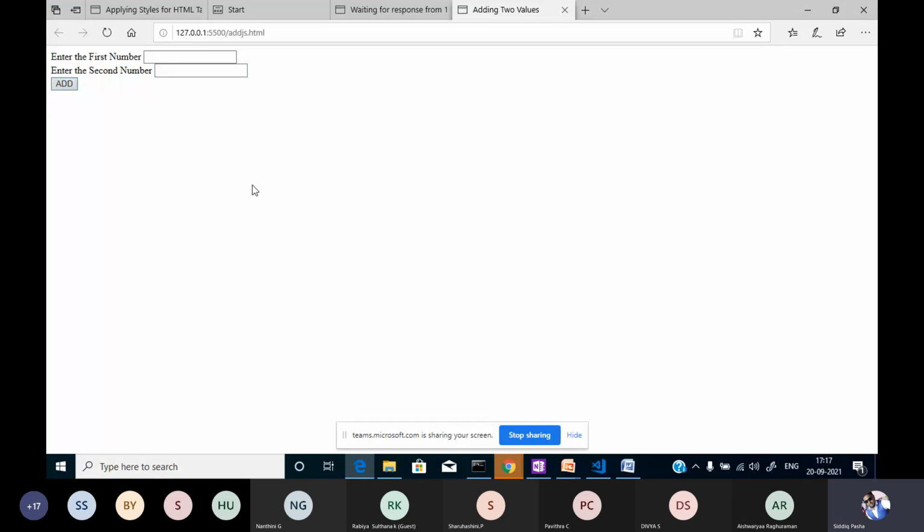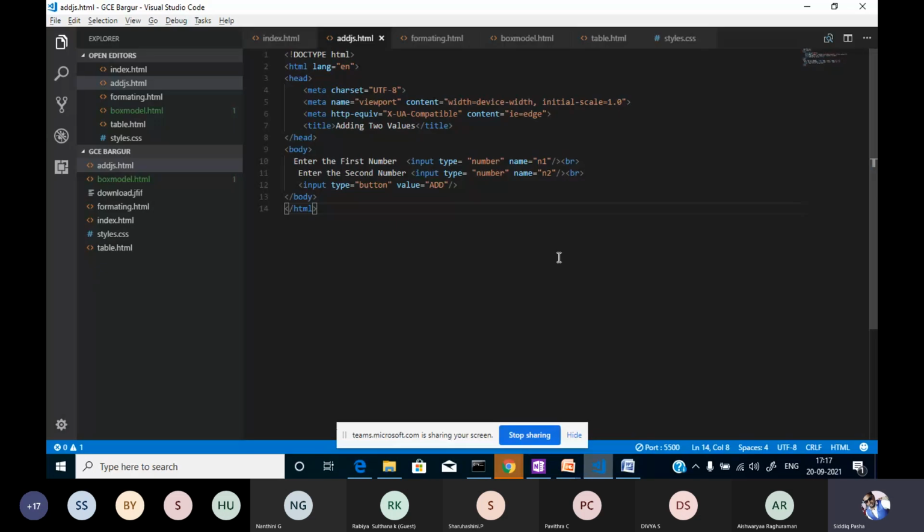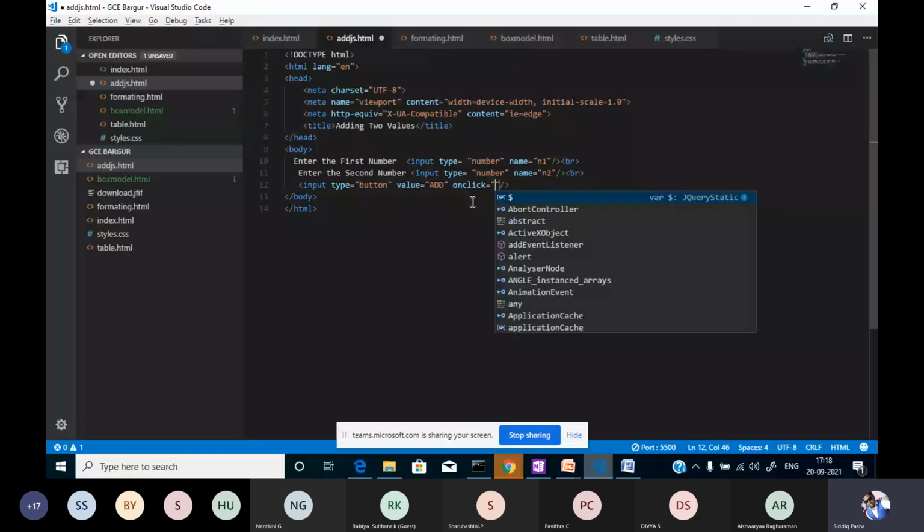So what do I need to do? Please, anyone having any ideas what I need to do? Yes. Create an onclick tag. Yes, please. On click. Fine, thanks. So I am using the onclick event here. On click, on double click, we have several options. I have used onclick here. Then what can we do over here?